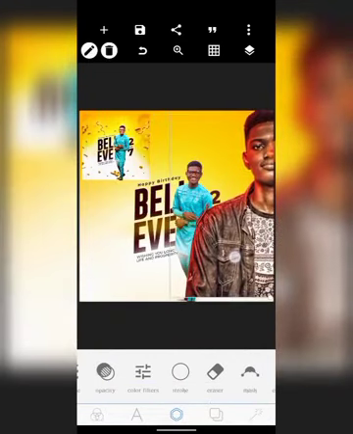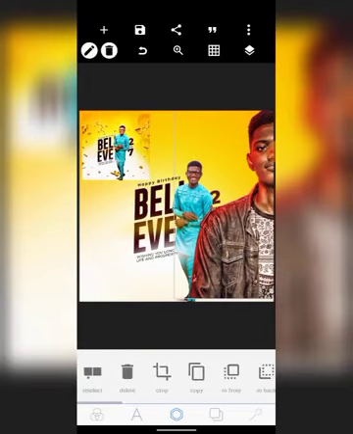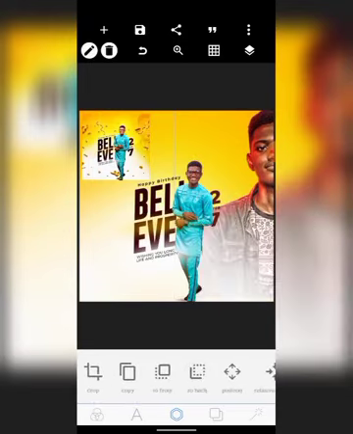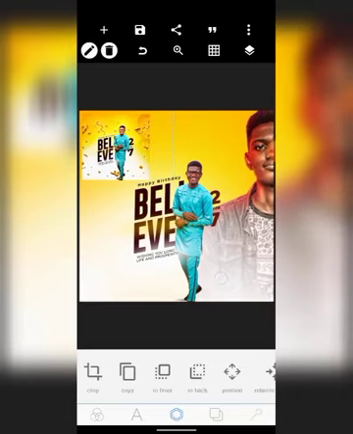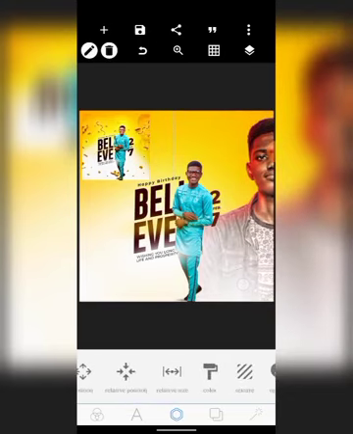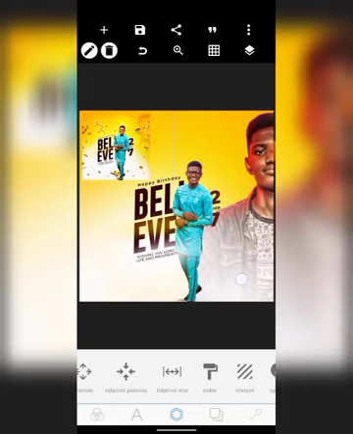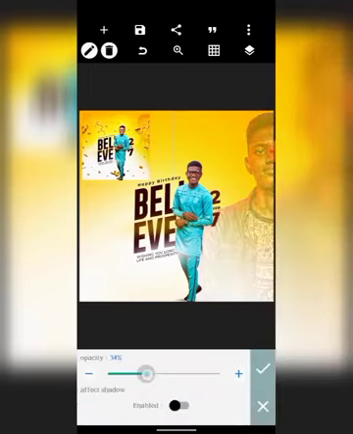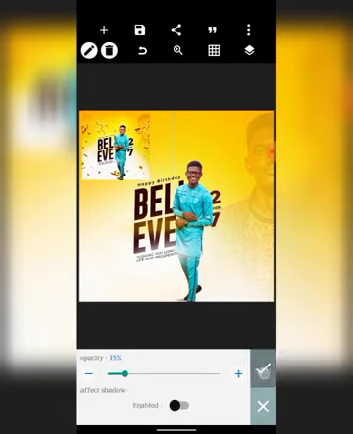wow. Alright, take it to the back. Now with the help of this white, it makes it look like it now blends this side. That's how I got that feel, and I can take it down so it can cover much more. Okay, and I just have to reduce opacity to make it blend in. Let's say this 18 or 17 should be okay. Let's just say this. Okay, alright,